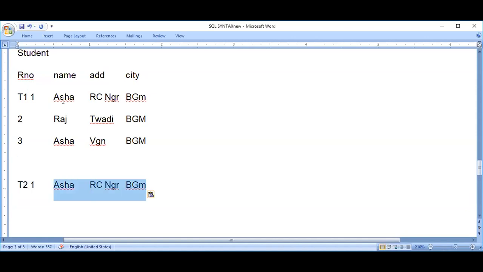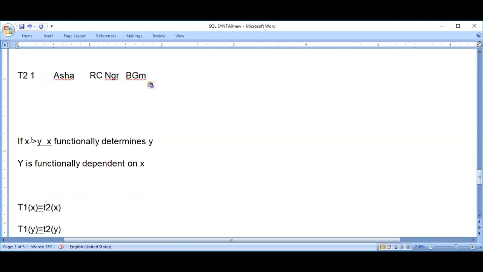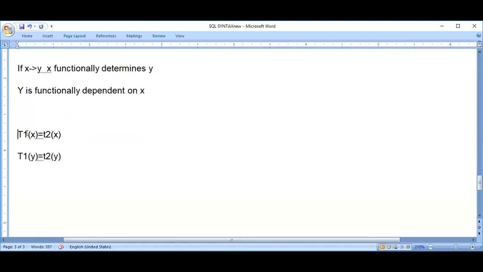In simple words, in a table the value which is going to functionally determine other values will have a unique value for every tuple. Clear? So when you try to understand yourself, if in any two tuples the X value is same, that means if roll numbers are same, definitely that indicates that the person is the same.